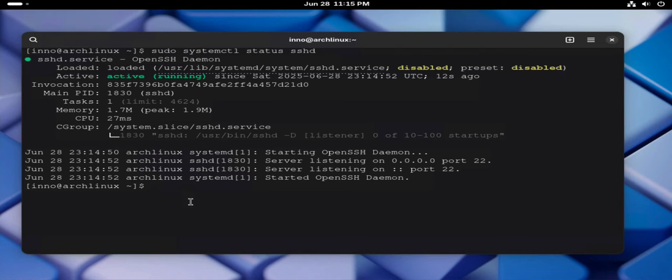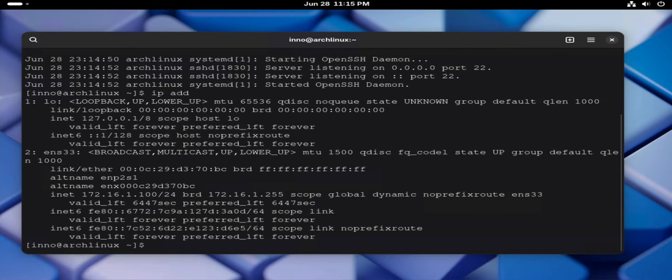Once we verify that it's active and running, the other thing we need here is the IP address. We also need a username and a password on this machine. So the IP address, you can find it using the ip address command, and in our case the IP address is 172.16.1.100. With that information, we can move to the